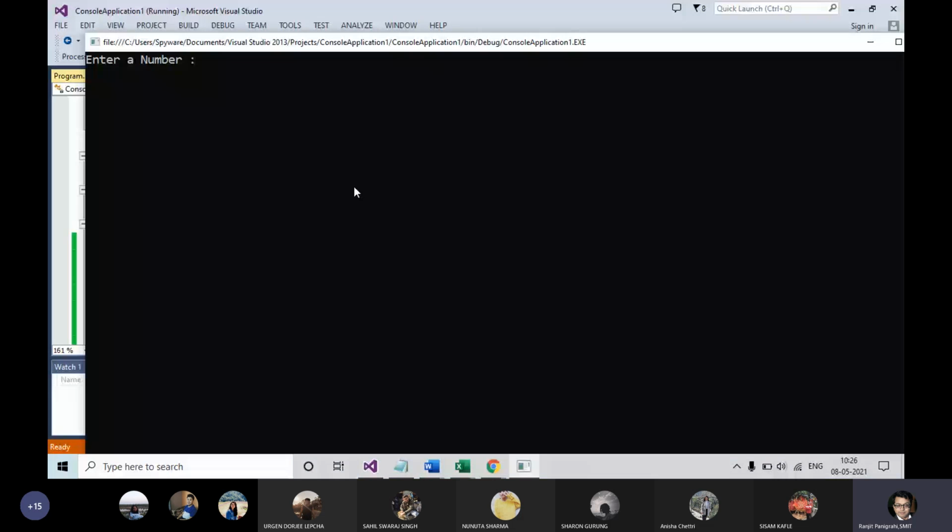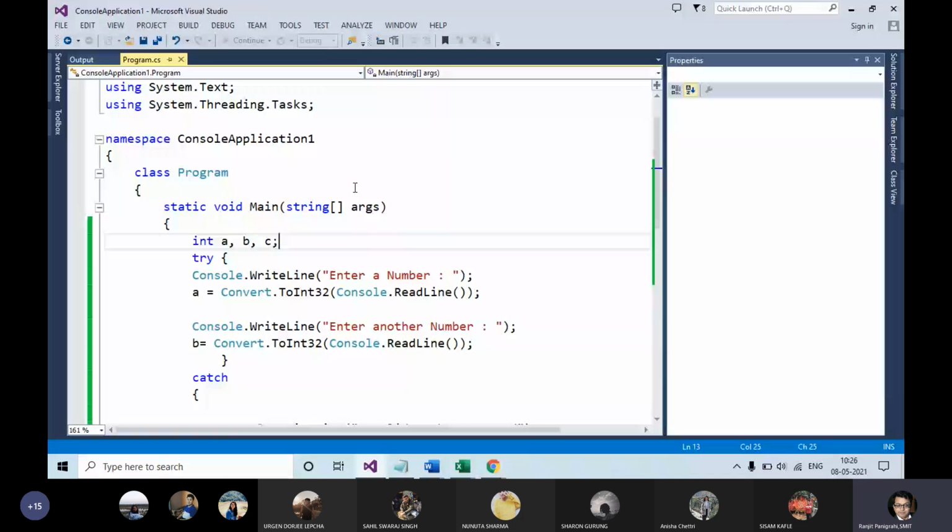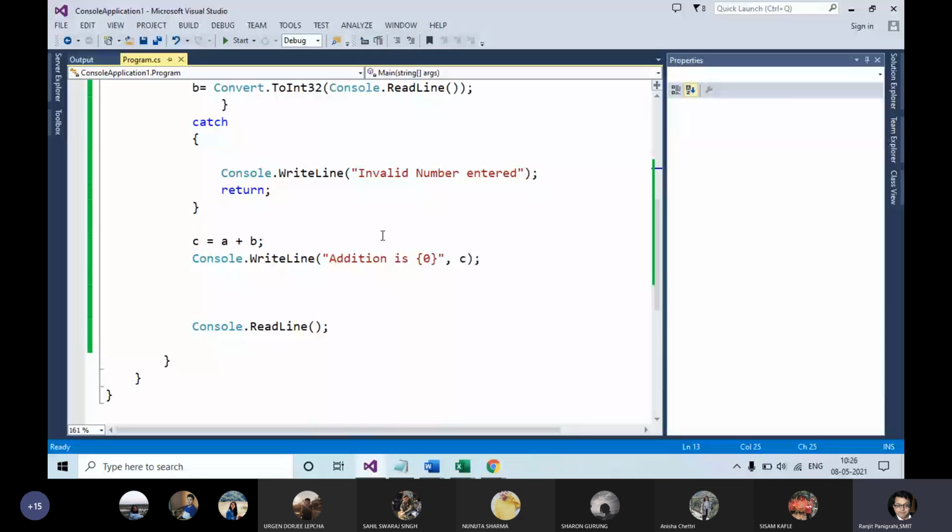Okay. Enter another number. I'm entering a string. So what is happening? You are not getting any kind of error over here. Rather, your program is closed.